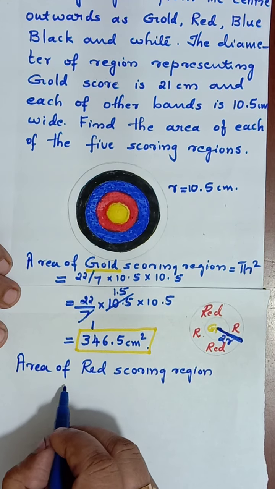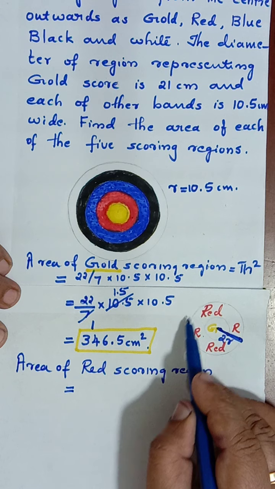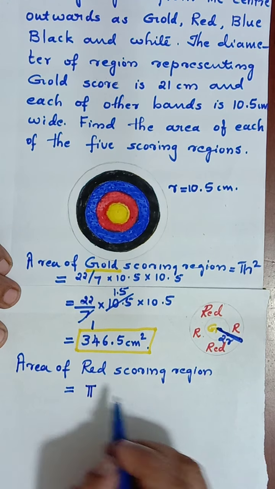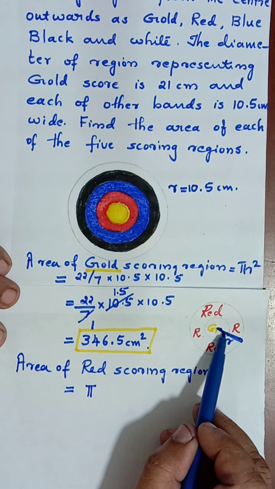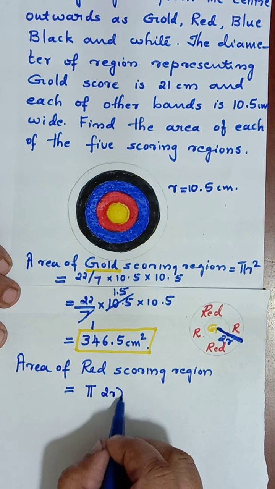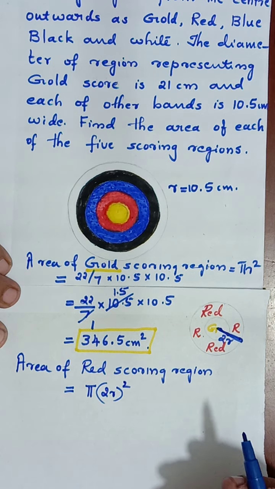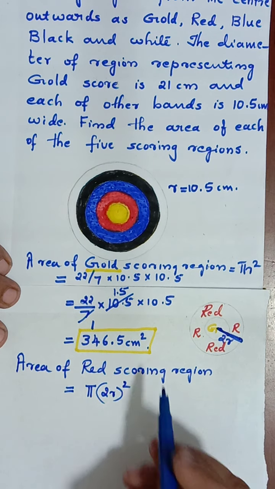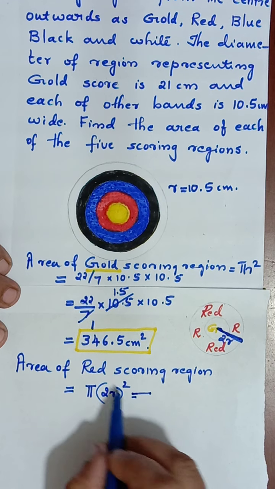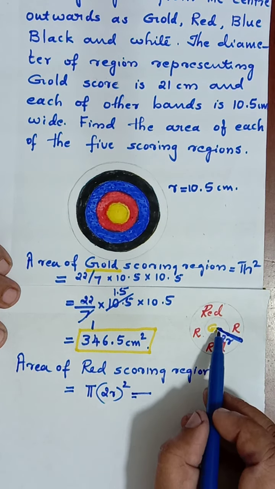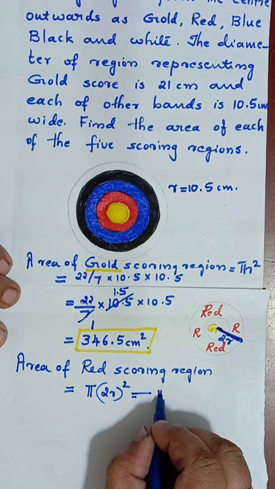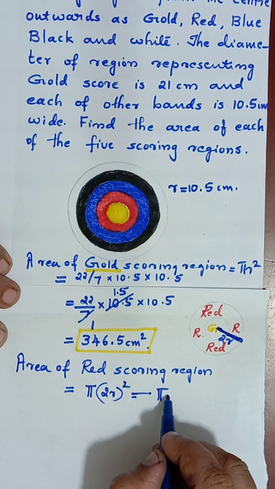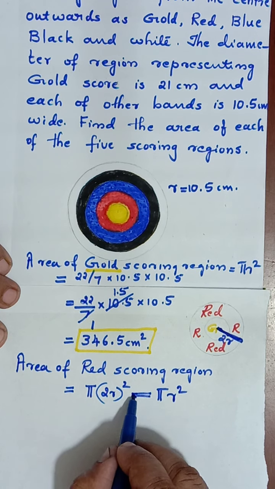Here we have to find out the area of the bigger circle. Area of the bigger circle is pi r square. Here r is 2r. Hope you understood how we get 2r. That is radius 10.5 plus 10.5, the same length is given. That's why I am taking it as 2r. Pi r square, so here our r is 2r, it's a whole square. Then minus the area of the smaller circle. In order to get that, this bigger area minus smaller area. Smaller area is pi into r square. So here you have to consider it as minus.